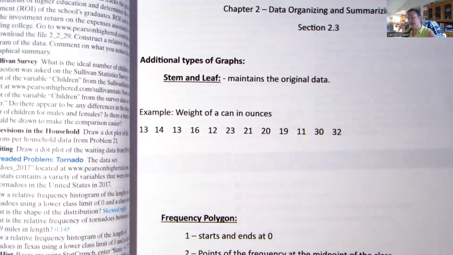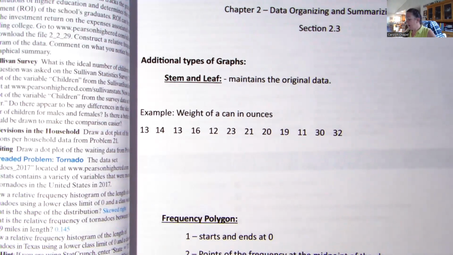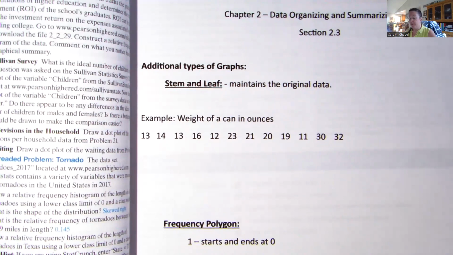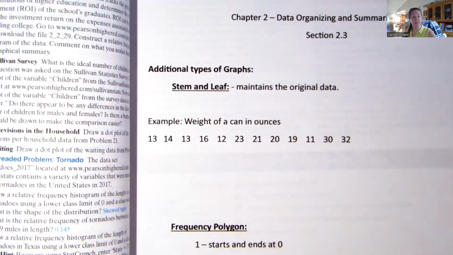and I might do this one twice just to kind of then talk about some of the other things we have discussed in previous sections and go from there. But this is going to have 12 cans here that we weighed, and their weights are given, and those are in ounces. I just kind of randomly threw some numbers on a piece of paper. But what I want to do is